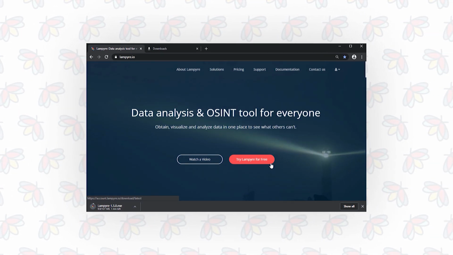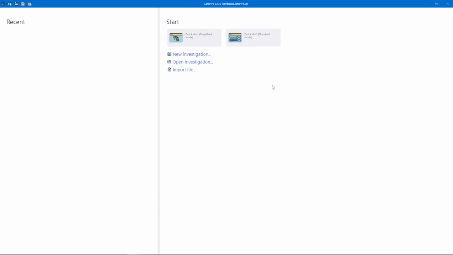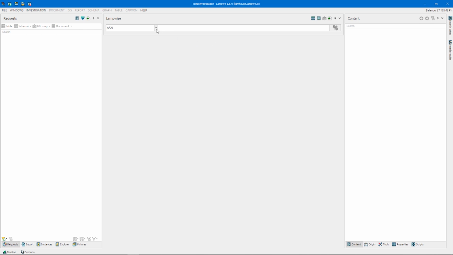The first thing that we see is the new welcome screen. To start working with Lampire is to create an investigation, which is similar to creating a document where you're gonna be working. Lampire version 1.5 has options. Now you can choose how to start. The old way, in standard mode, beginning with the usual list of requests, or if say you're in a hurry or just don't want to be bothered much and want to run a quick check, you can enjoy the simplified mode and begin with the Lamparize window, which has just a single input line.